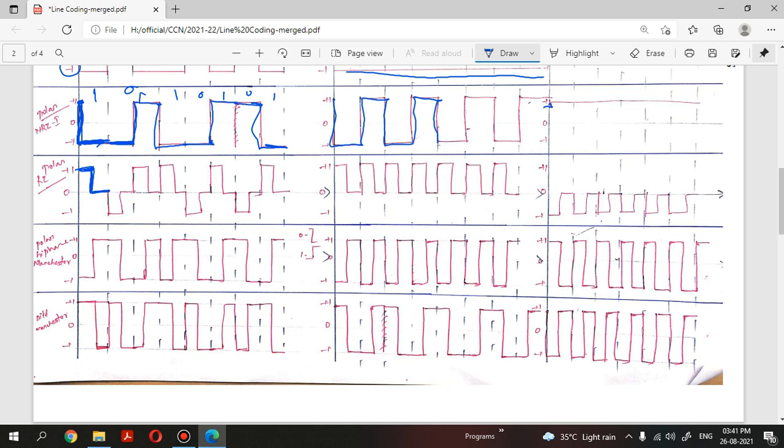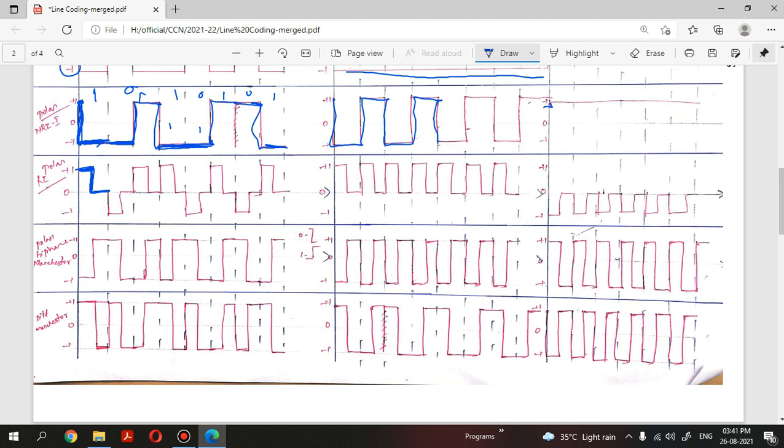So return to zero, right? The major advantage here is that in the previous mechanisms, we cannot detect the end of a single bit. For example, if these two data are 1 and 0, it's a two signal element: this is one signal element and this is another. If the data is 1 0 with a continuous same voltage, the receiver side cannot decode that it is two bits of information. That is a major problem with NRZ and NRZ-L.